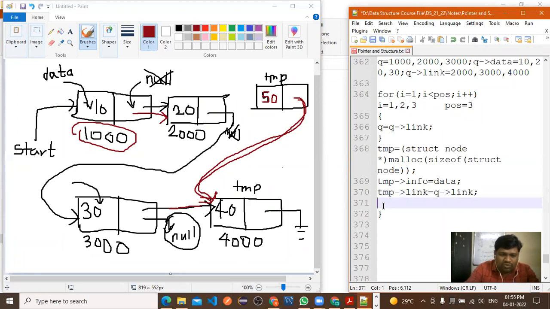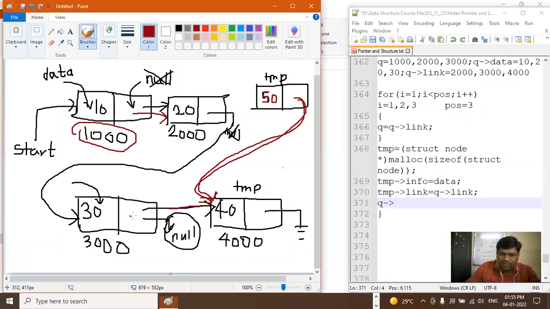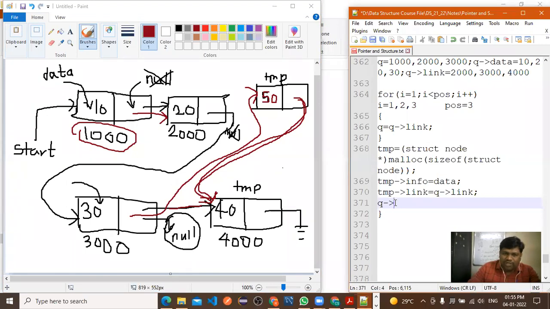So to whom you want to assign? हा कोणाला असाइन झाला पाहिजे? So this 30 temp ला असाइन झाला पाहिजे. Right? So this 30 should be assigned to the 50. So how to assign them to the 50?